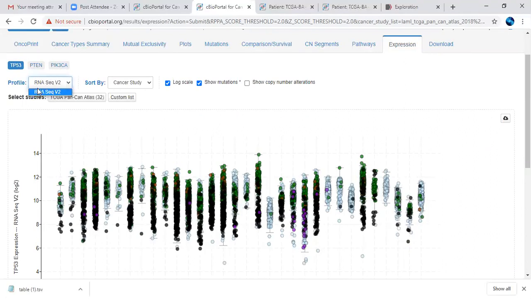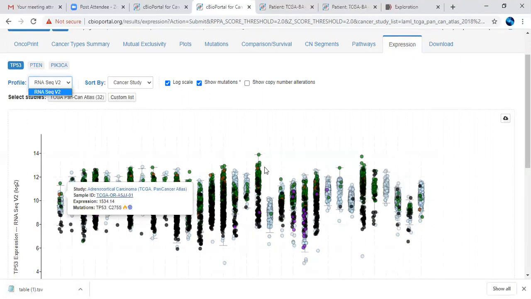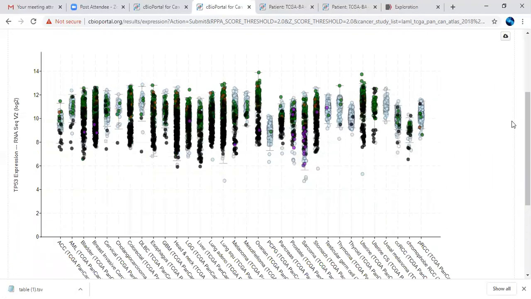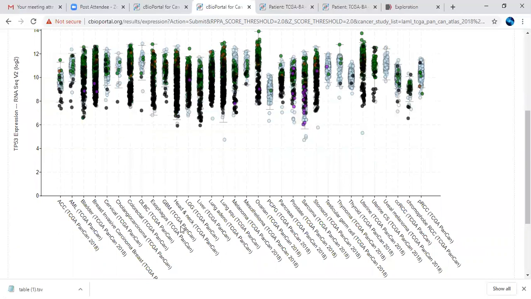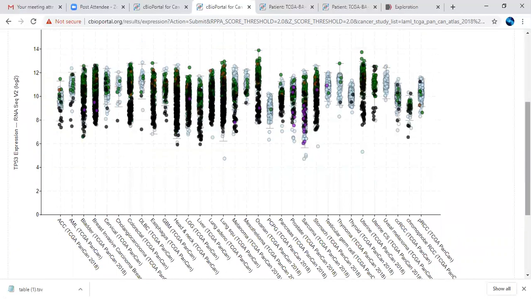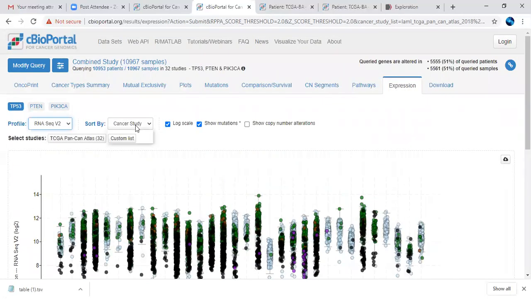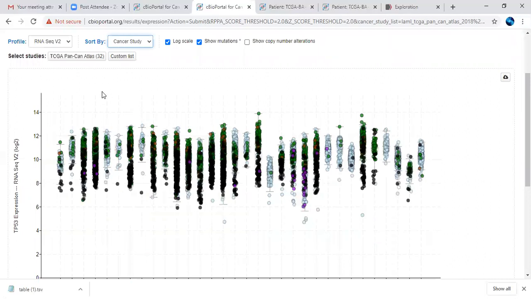Here the expression data has been plotted with respect to TP53, RNA-seq data with respect to only log2 value. So the plot has been generated. Overall, for all cancer types the plot has been generated. If you want to select only one particular cancer type with respect to your data, you can also select.